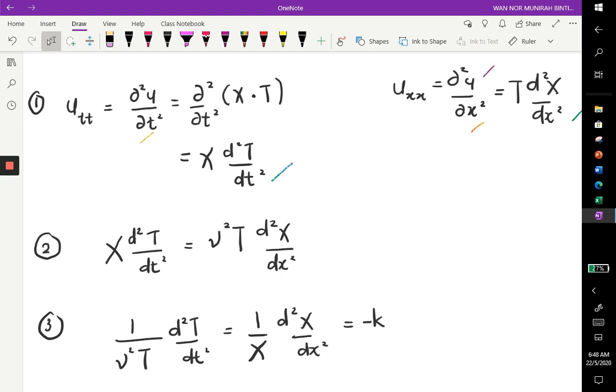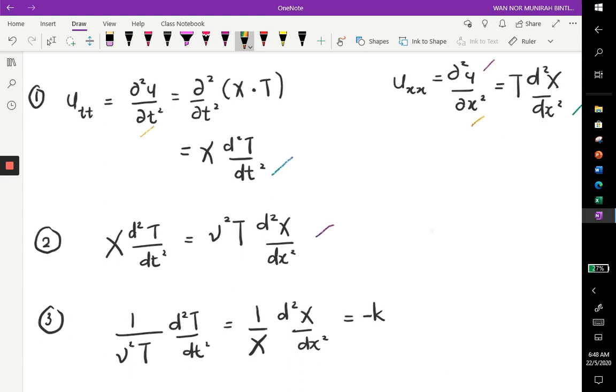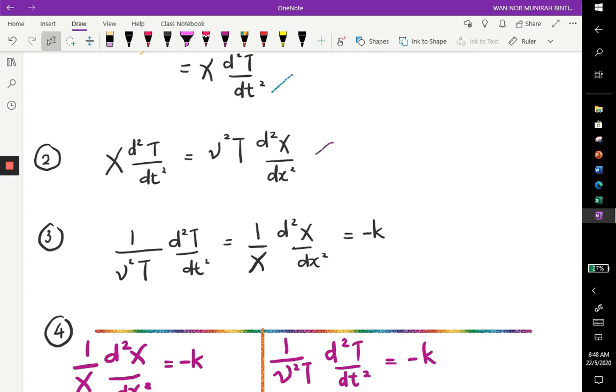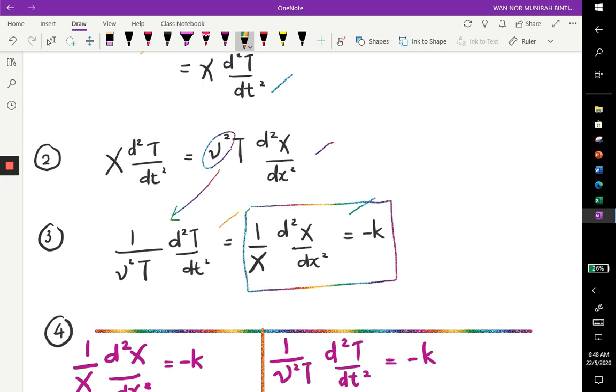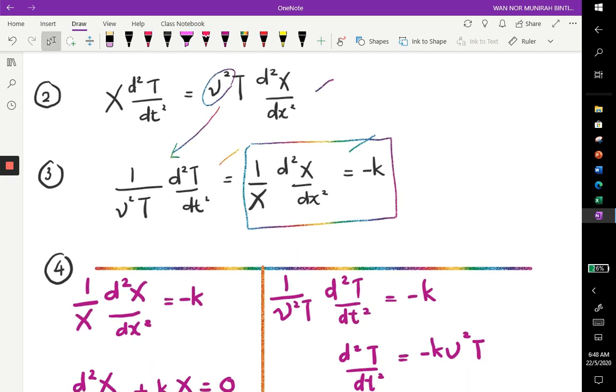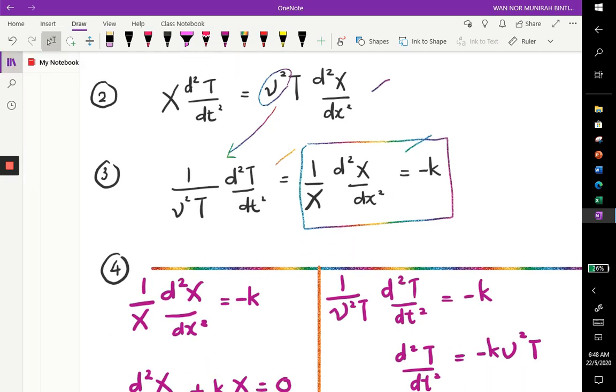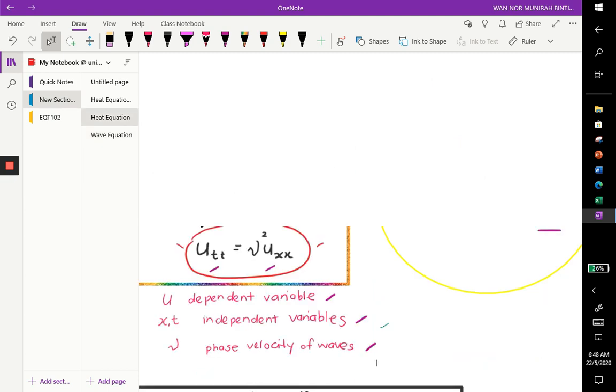Alright, so the next step is we substitute again into our PDE, so that we have this one. And then we try to separate the variables. Okay, separating the variables, we have this one and this one. I bring the c square to our left, and I just leave my x variable like this. Okay, so when I have 1 over x, d square x dx square equals negative k, this is just like we have discussed